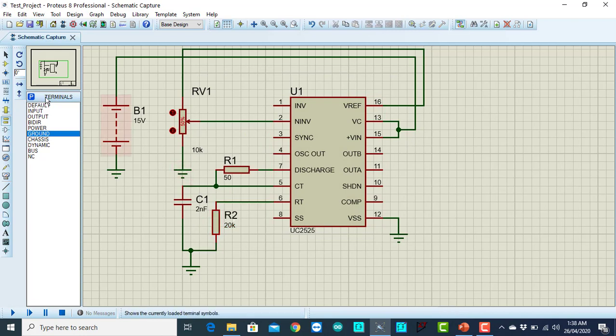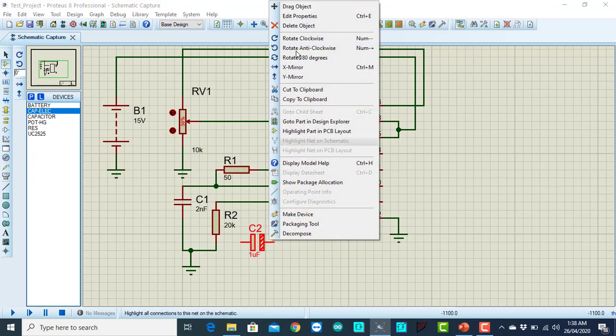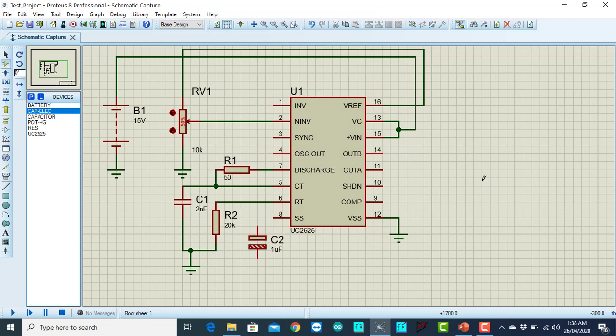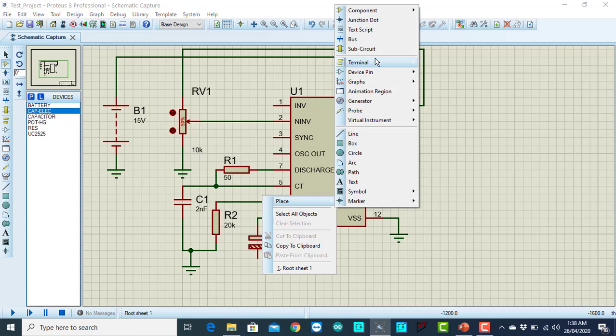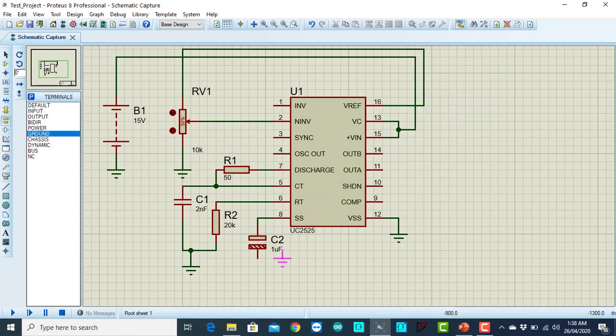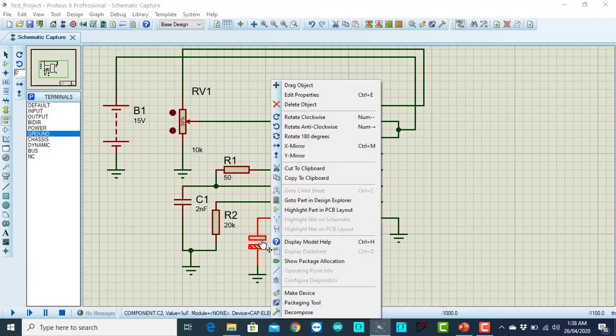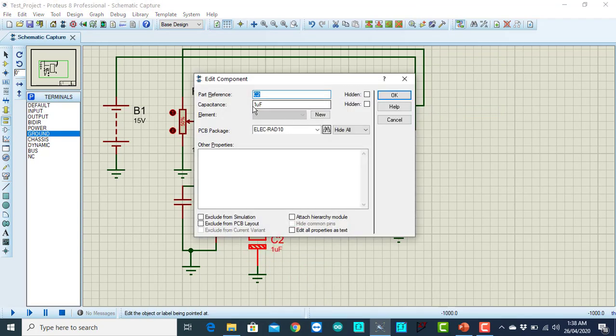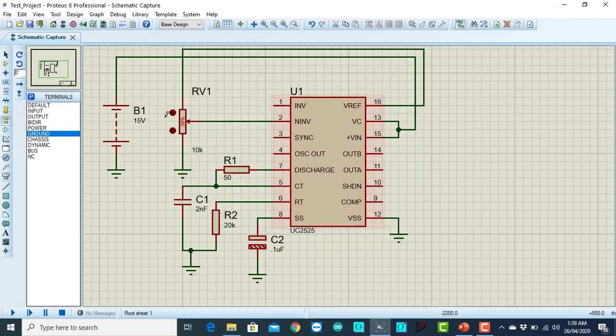And then I have to connect the soft start capacitor with pin number 8. The electrolytic capacitor will serve the purpose, and then I'm going to connect the ground terminal over here. 1 microfarad is enough, but I'm going to place 0.1 microfarad.